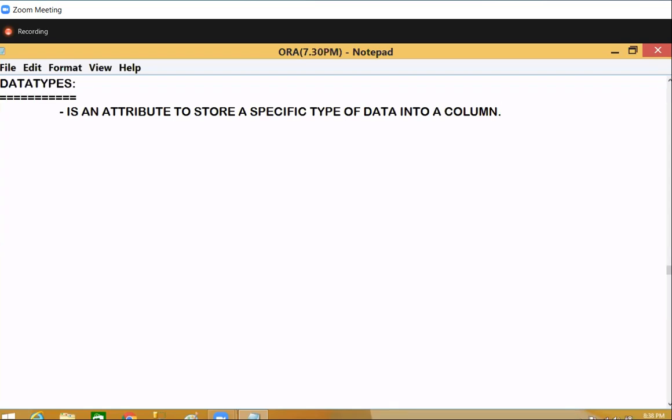That is what a data type tells. And here Oracle is going to support, guys,